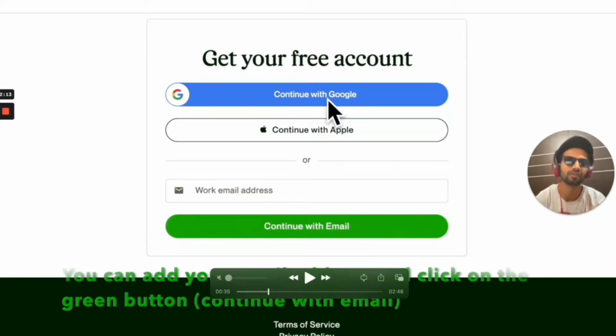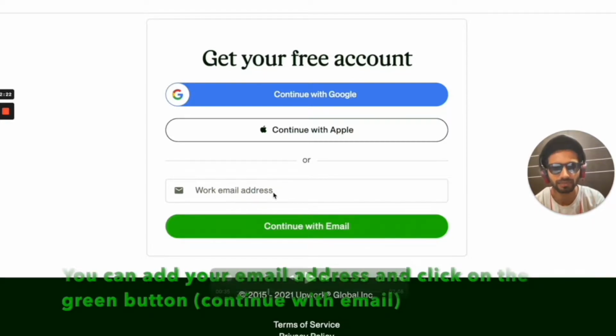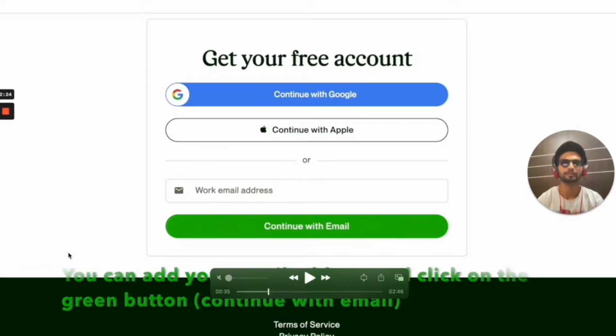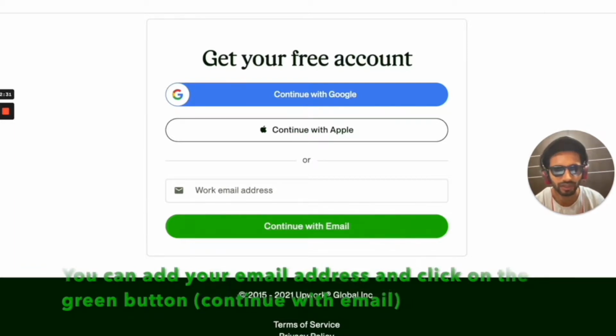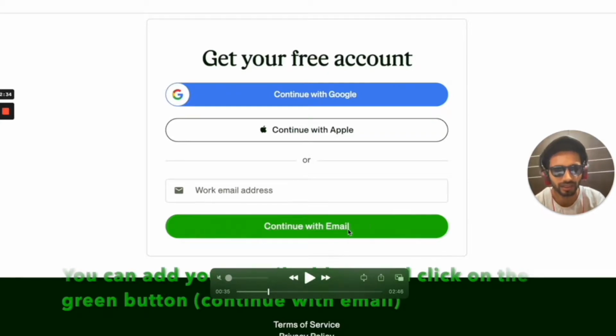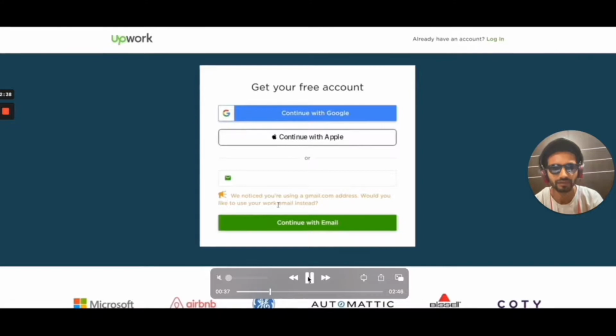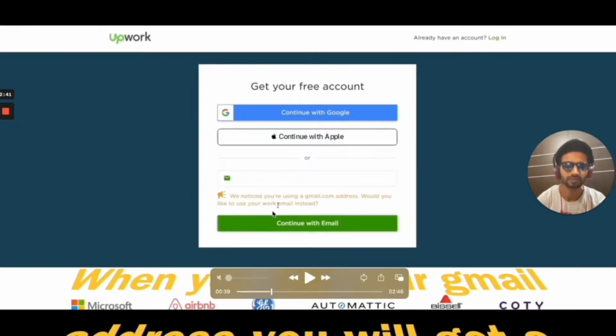You can continue with Google also, but I suggest you fill in your email ID here. You can type your Gmail ID here. When you type your ID and click on the continue with email button, it will take you to another page, or it displays a message like this: we noticed you are using gmail.com address.